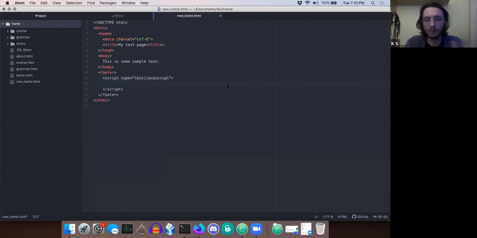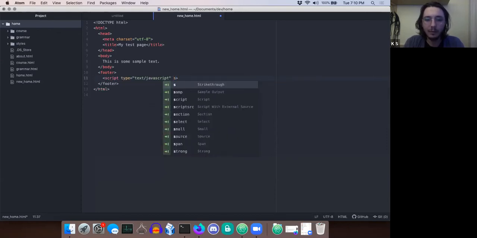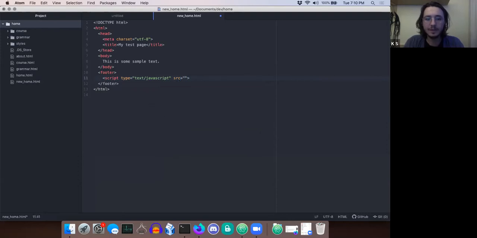Except you wouldn't have a full script tag where you'd start writing JavaScript here. It would be like this, where you'd have a source like this. And then you'd say, in your directory on your server, wherever you're hosting this, my script file.js, right? And if this file was really big, like it had a lot of line content,